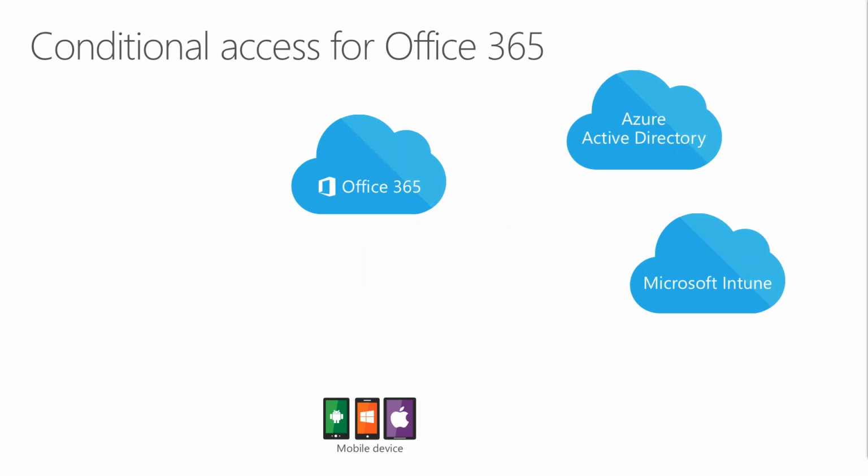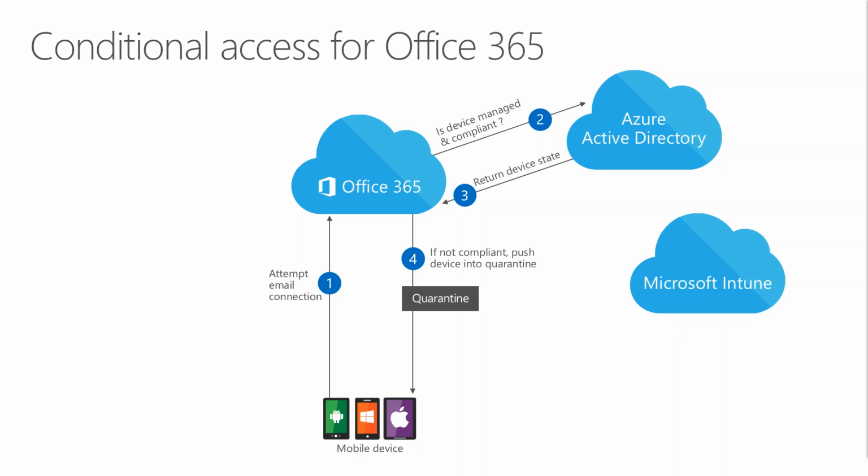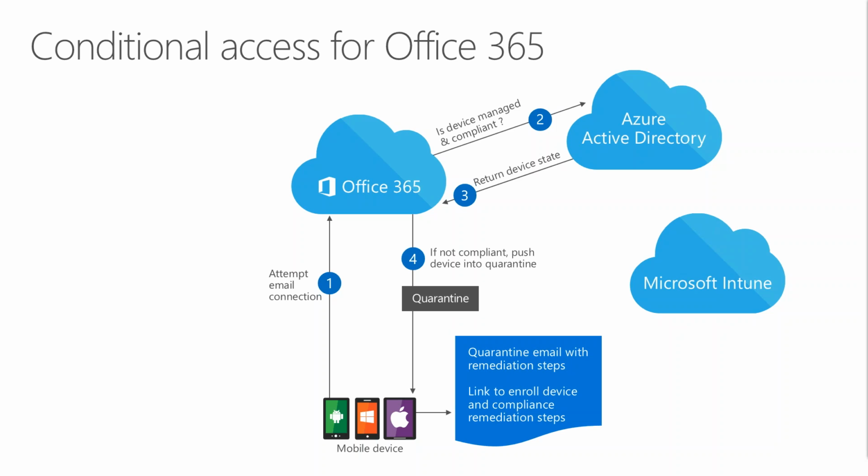So in this particular example, I'm going to show you what conditional access looks like for Exchange Online. I've got a user that requests access from a personal device, and they attempt to make an email connection to Office 365. Office 365 will check with Azure Active Directory or your on-premise Active Directory to see if the device is currently managed and compliant. Regardless of whether it is or it isn't, it returns a device state to Office 365. If it's not compliant, it pushes the device into quarantine and offers the user an